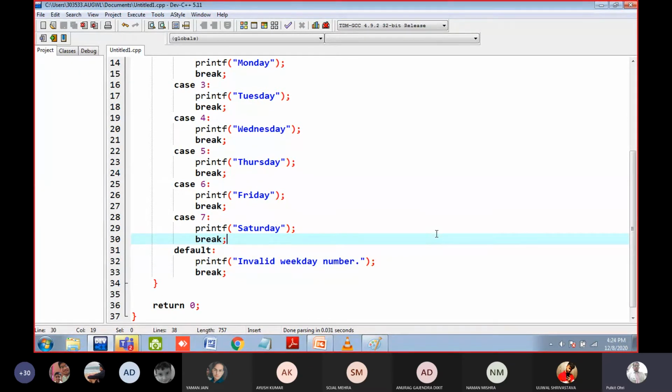Still I'm giving you 2 to 3 minutes, then I will tell you why we need to write break every time again and again. What will happen? Okay, you can do it. If you have done the program, remove the break statement and just run the program and tell me what output you are getting and what the logic is, like what will happen if you do not use the break statement. Students who have done the code, remove the break statement from your code and just tell me orally what output you are getting and why, what pattern you are finding. Others can write the code and let me know if there is some error or some issue.